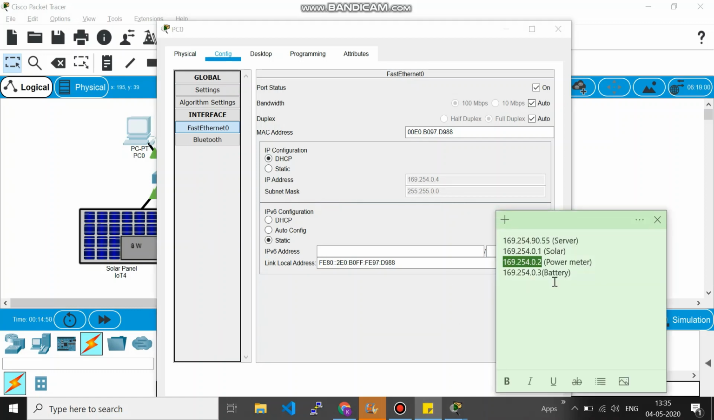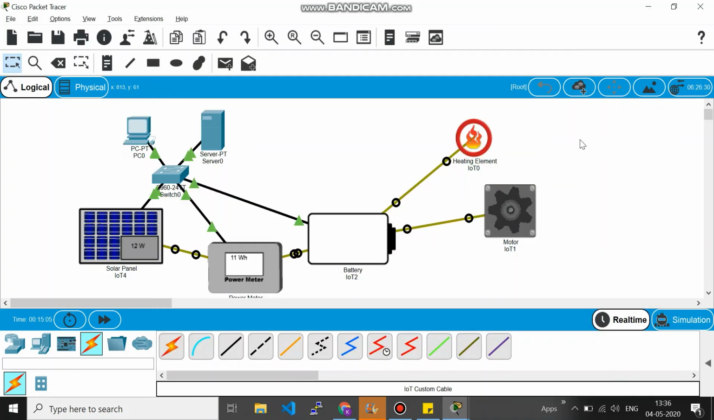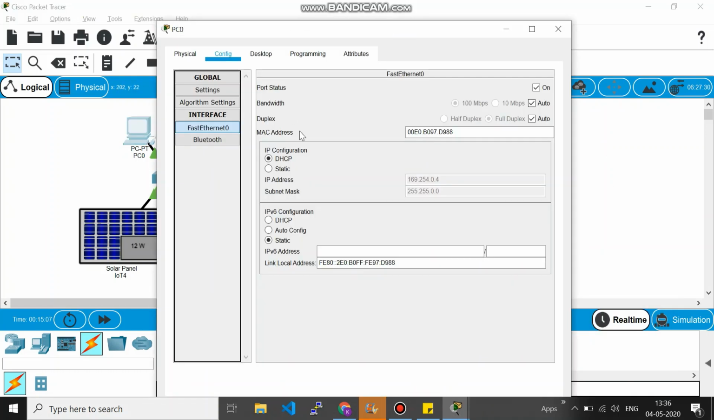So this is for the PC. So I'm just noting it down, 169.254.0.4. This is for your PC. Okay, so now this is also joined in the group. And now if you go back here,